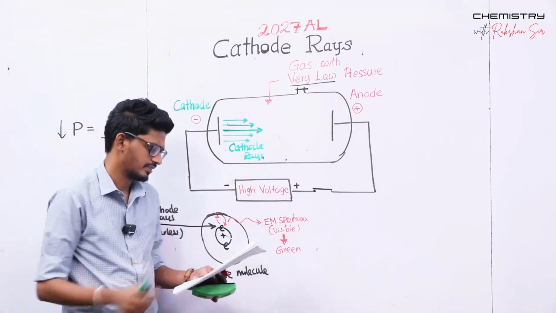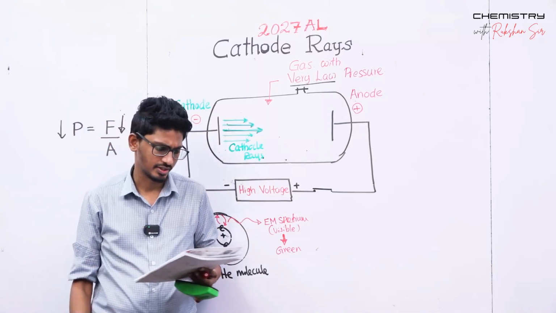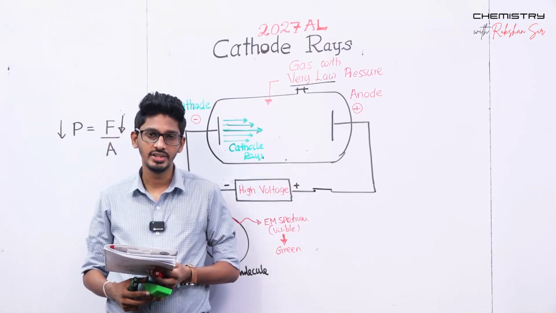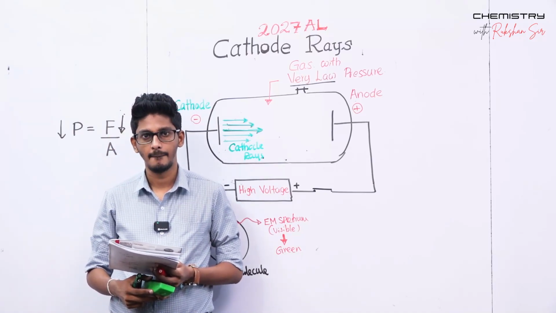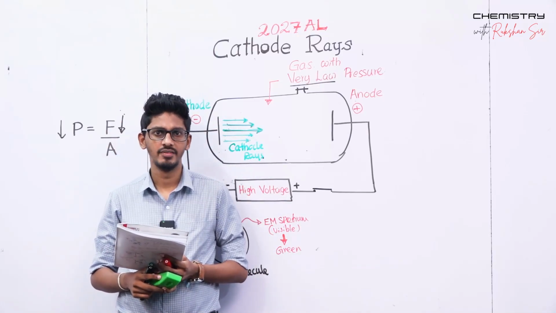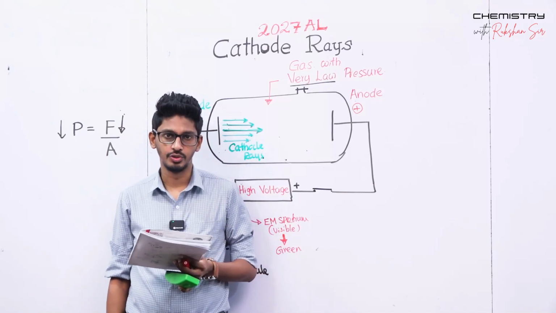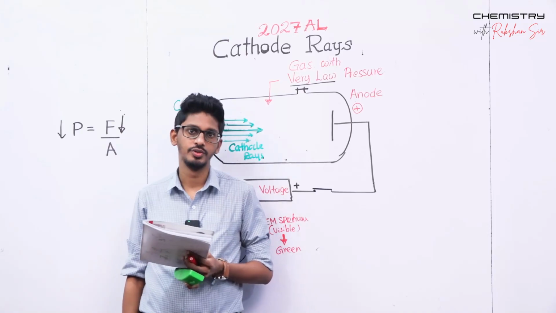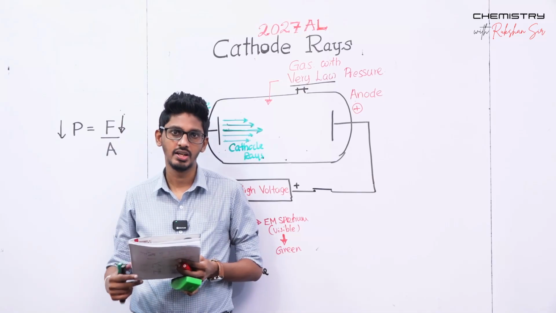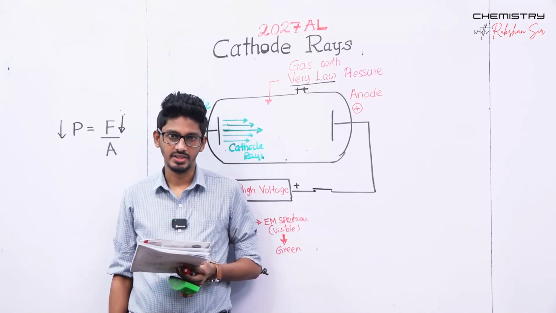The high voltage things are there. Then write this about the observation of the cathode rays. Just write with me. When two electrodes are connected to a high voltage source, the heated negatively charged plate,